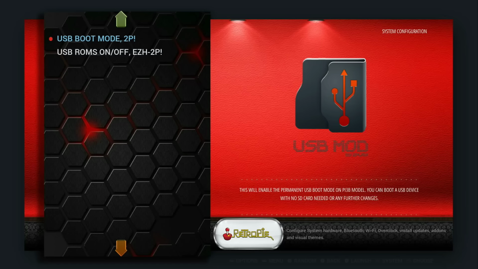I also have the script for people that might want to do it or test it. When you start the USB mode, you have two options. One is to run it and install it, and then check it, and then we have the USB ROMs on/off. This is the EasyHacks script for enabling the external USB or disabling it, but I just combined these two scripts into one script. That's what you see. So when you see the initials, for example, this one, EasyHacks and